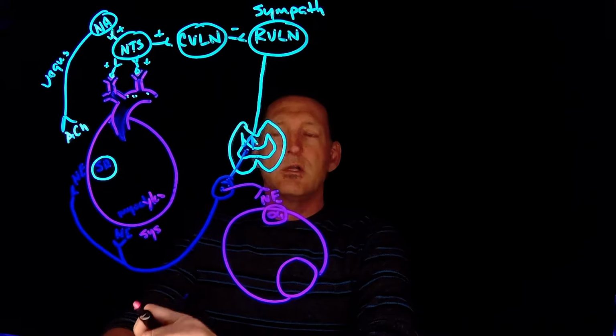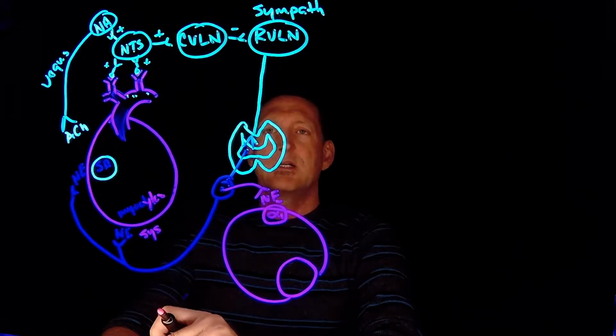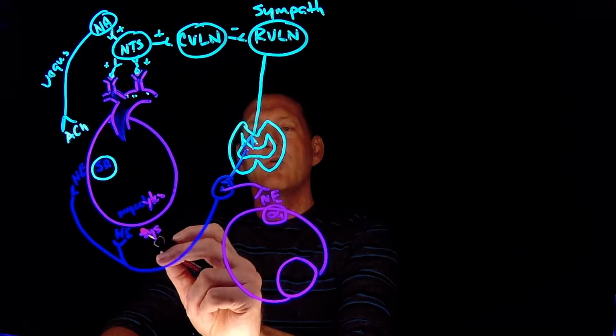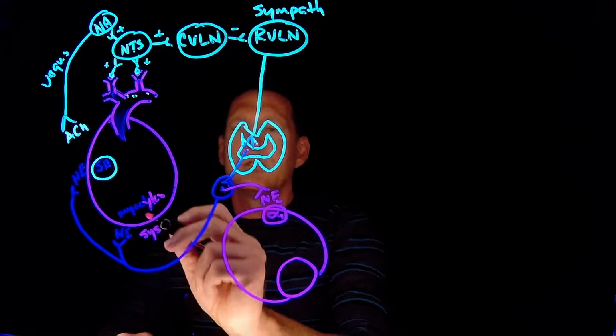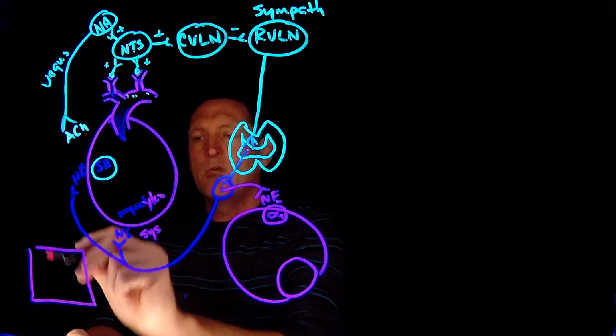One is Starling's law, to increase the amount of volume within the ventricle. But of course the other is contractility, to increase the norepinephrine release onto the myocyte. And so if we just take a single myocyte and look at it right here, what we've got is